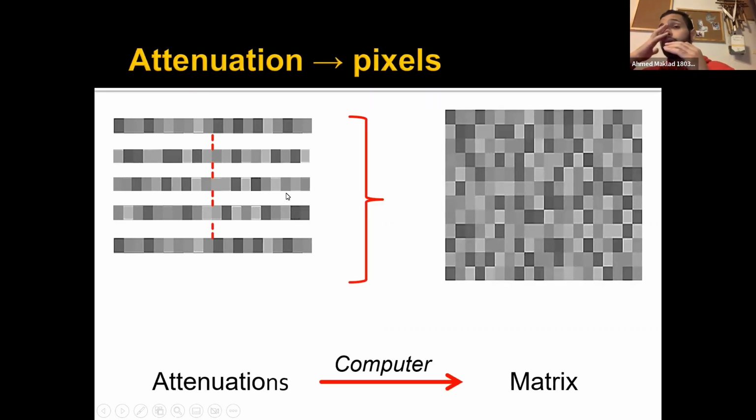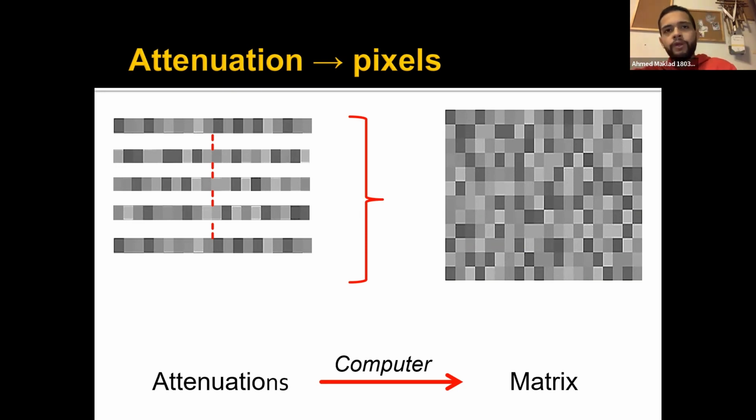what will happen is that a software will merge those pictures together depending on the attenuation, all right? So it will match each attenuation with each other, and it will give you a matrix. And a matrix is basically the end product or the end image that you see on a CT scan on the computer screen. The matrix is the final image, right? That's why it's called computed tomography, because the computer is the one that gives you the picture or gives you